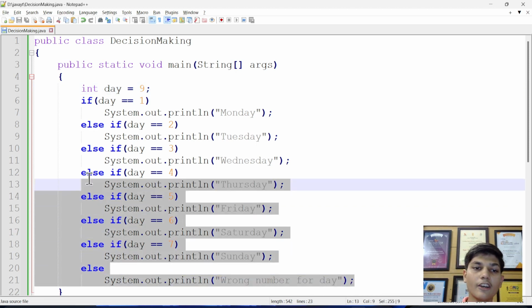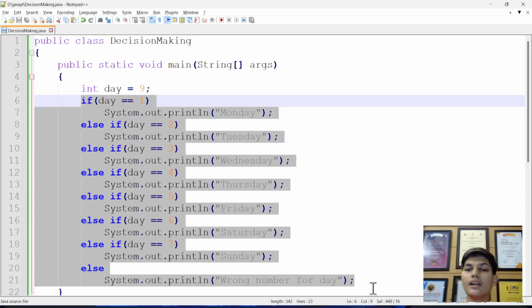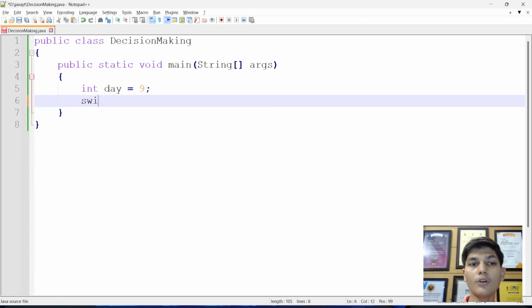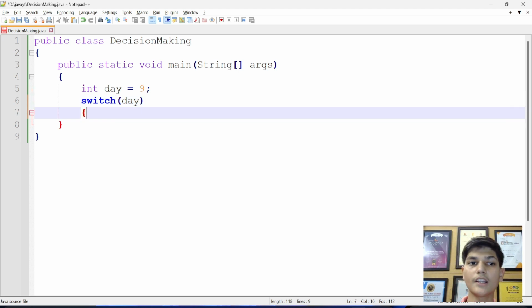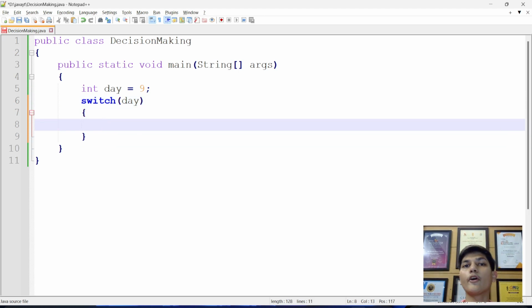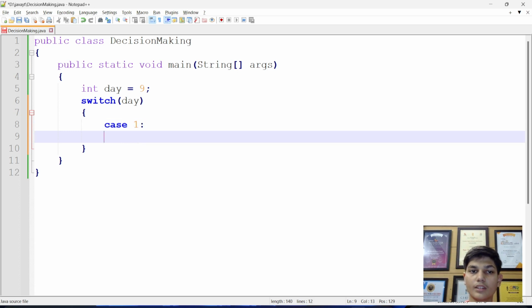But instead of having this whole structure, we can also convert it into the switch case. And now we are moving or switching to the switch case. Now how do we create the switch? So first off, we have the switch in which we pass the expression, and the expression is the day. Curly braces open and close. Now inside the switch, instead of writing else if this, we can just simply write case. Let's say 1. What should happen in this? So case 1,